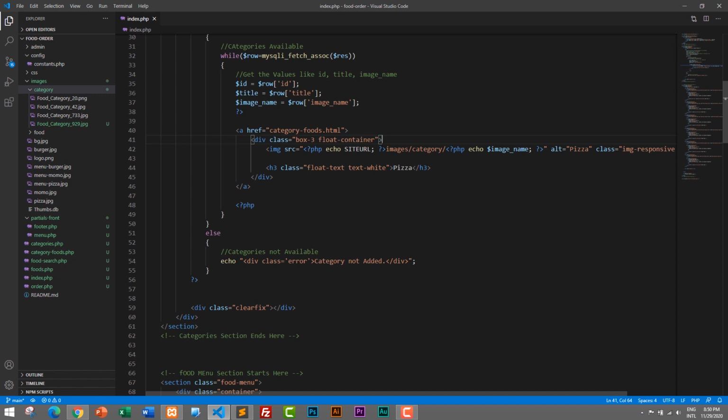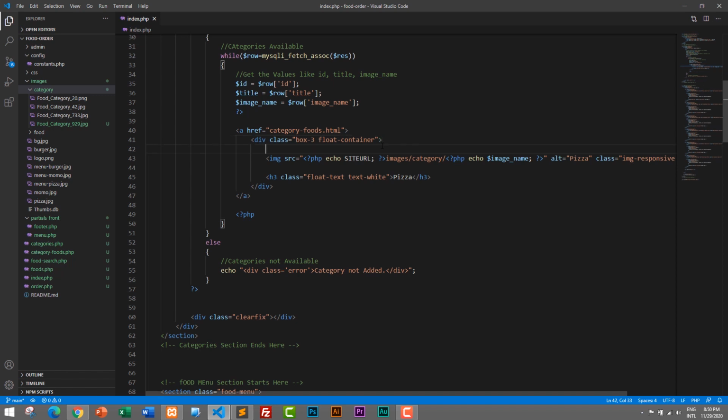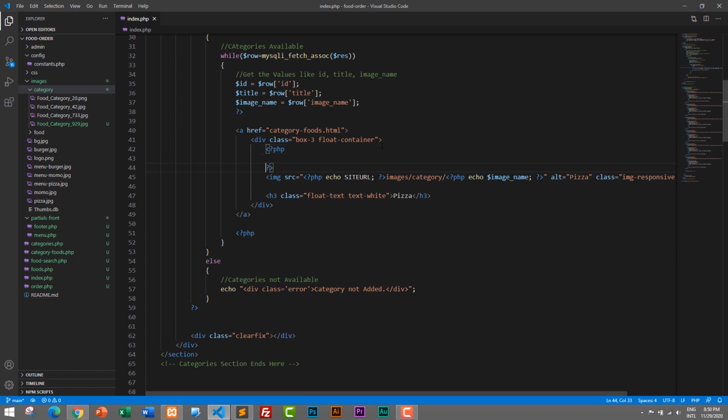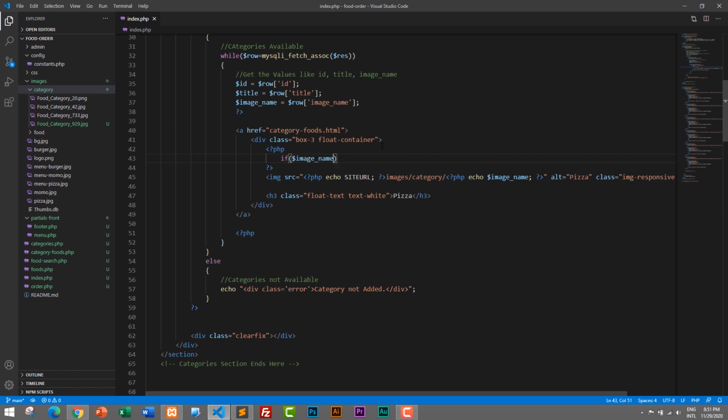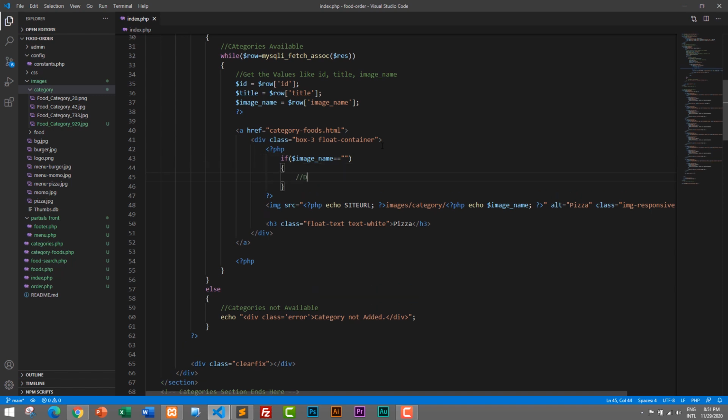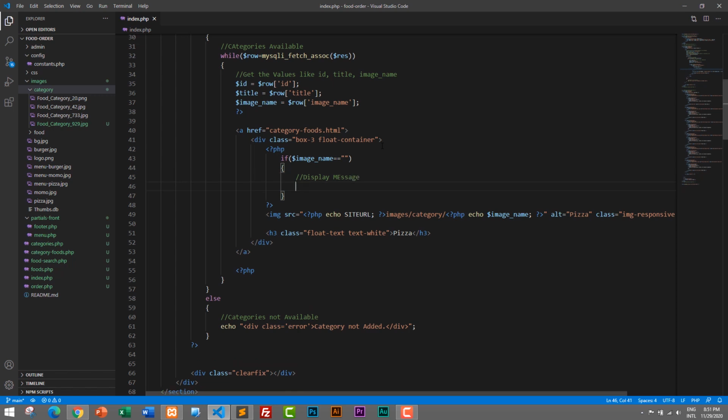So after this div, before img, we need to open PHP and close PHP, and here we need to check if dollar image name is equal to blank, then we need to display the message. So echo image not available,